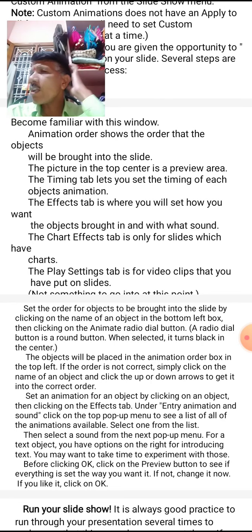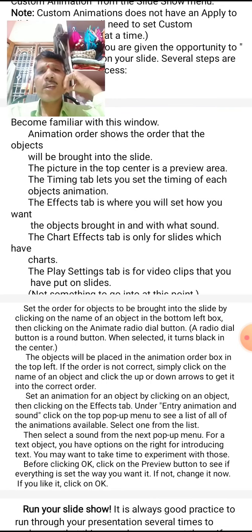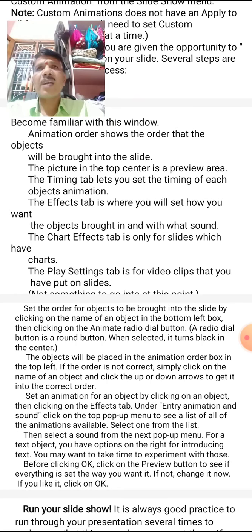For animation or presentation, whatever is created, before finalizing, MS PowerPoint allows the users to preview such a presentation. In preview, the user can identify any problems, any disorders or any mistakes.